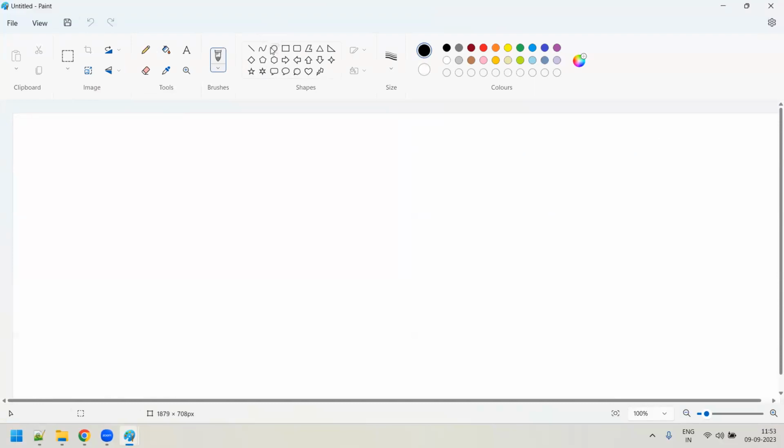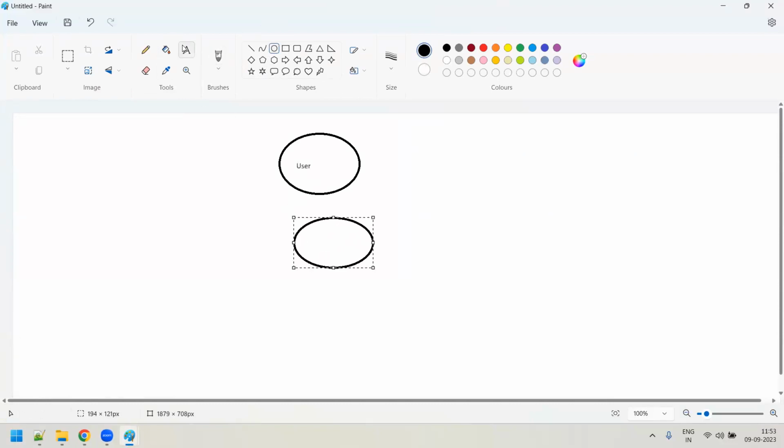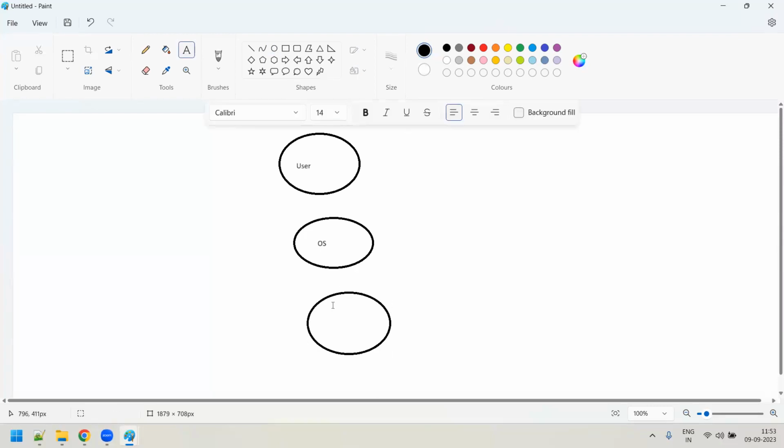Now here you have an application or the user. Below it you have an operating system, or OS. And here you have the hardware. We know this architecture now, right? This is what we have been discussing from morning. Now, Linus Torvalds said that this operating system, he coined the word kernel.